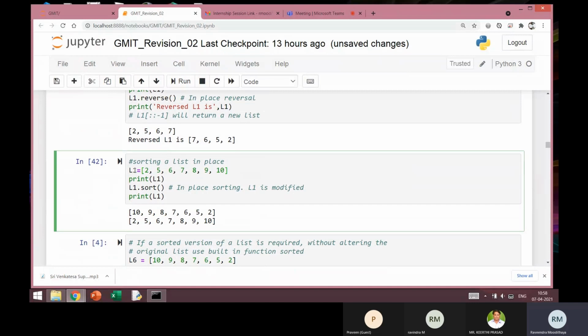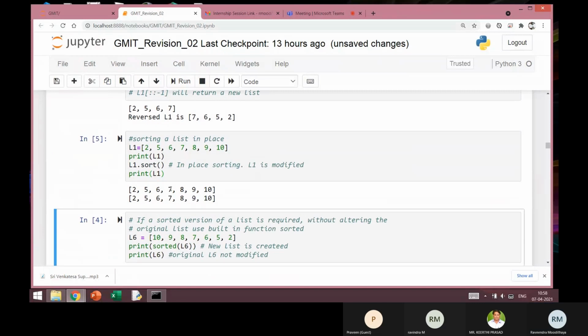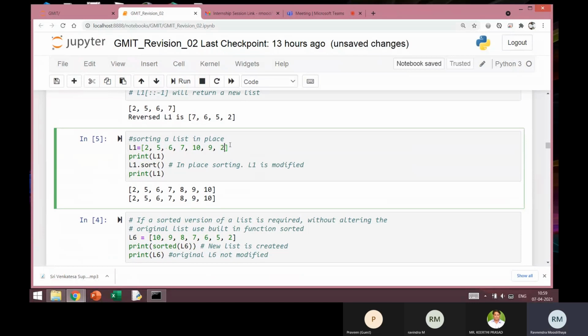You can see here that L1 is initialized with this. Then I'm printing L1 dot sort, in place sorting, and print L1. Let me re-execute this. Unfortunately, this list is already sorted. Just to make this something different, let me change this sequence, which is not in sorted order.